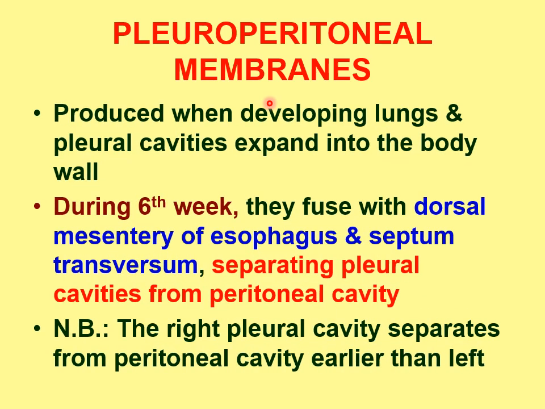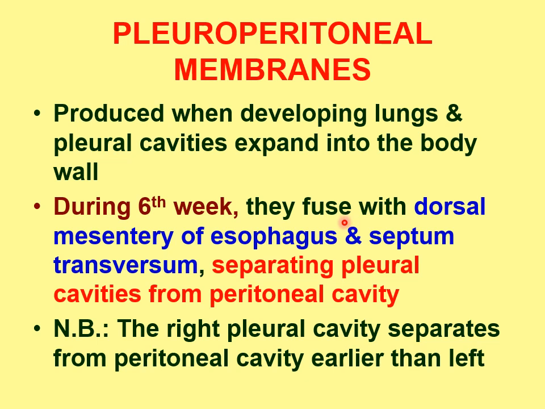You have seen that with the rapid development of the lungs in the thoracic cavity, the pericardio-peritoneal canals narrow down, as you saw in the previous class. Then the pleural cavity also narrows down, but it expands in a downward direction. So during the 6th week,